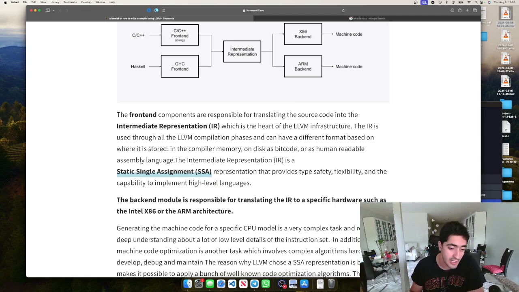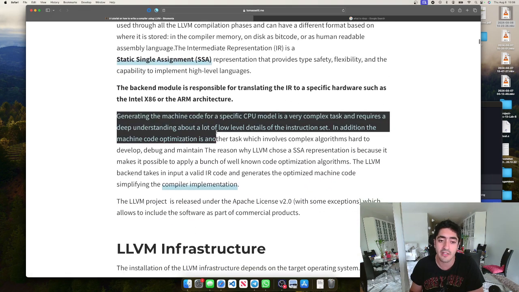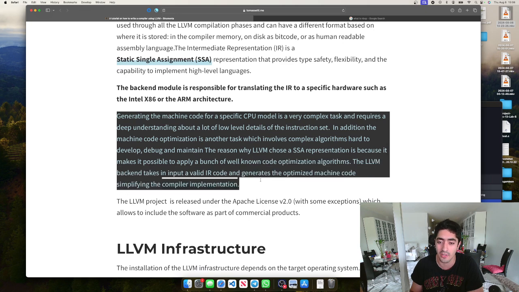high-level language. The backend module is responsible for translating the IR to a specific hardware such as the Intel x86 or the ARM architecture. Generating the machine code for a specific CPU model is a very complex task and requires a deep understanding about a lot of low-level details of the instruction set. In addition, the machine code optimization is another task which involves complex algorithms